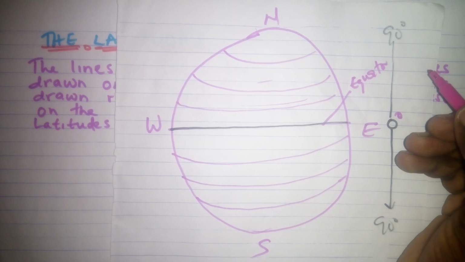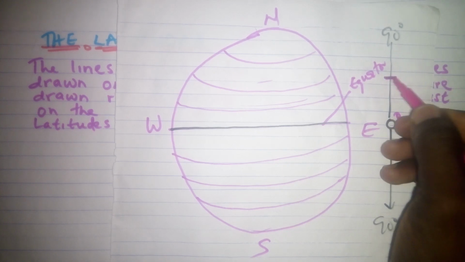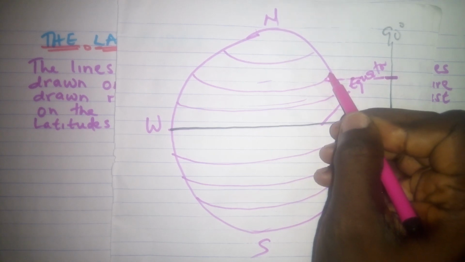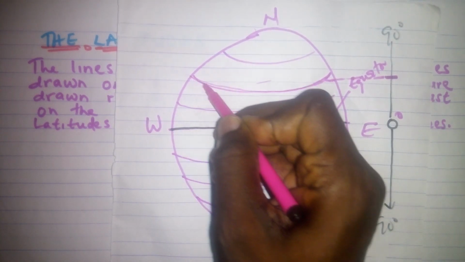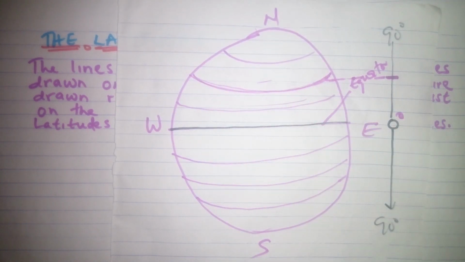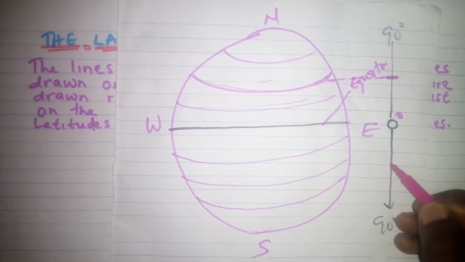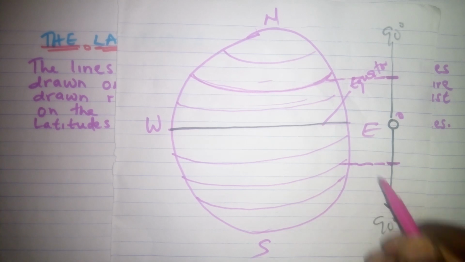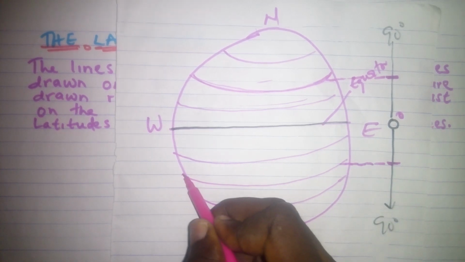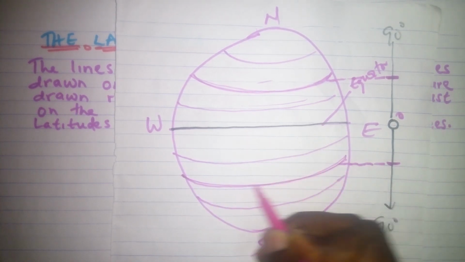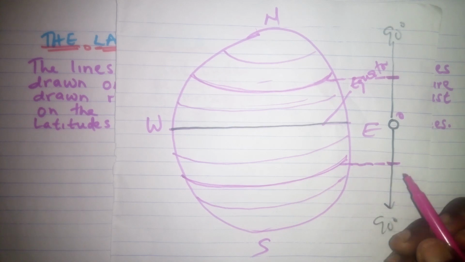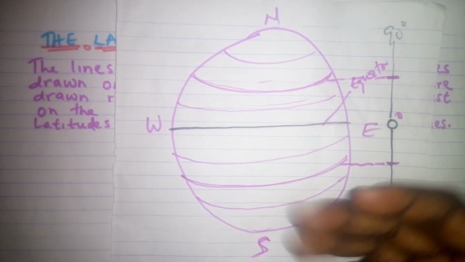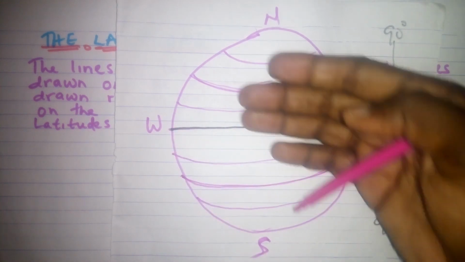So let's just say if this part is 45, midway, if you trace it down, that means realistically this is the line of latitude that is representing 45 degrees. And again, due south, if this part here is 45 degrees, if you trace it down, literally speaking, this line is the line representing 45 degrees due south, because this line is